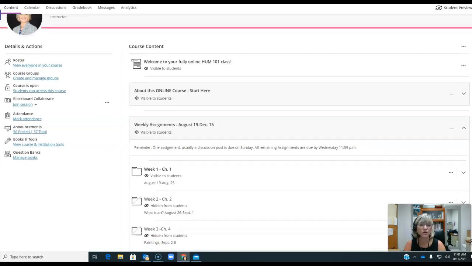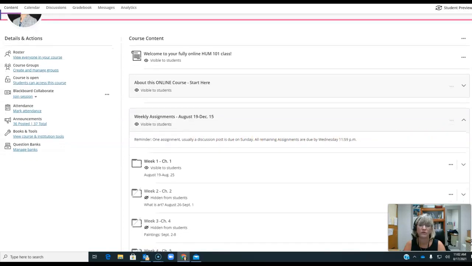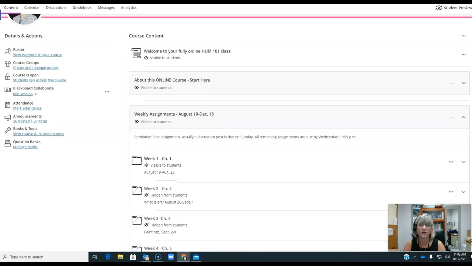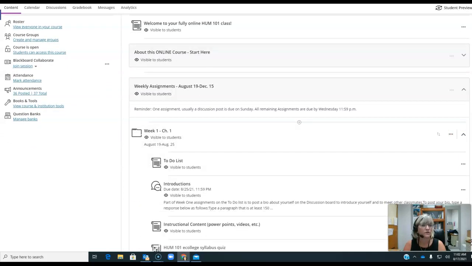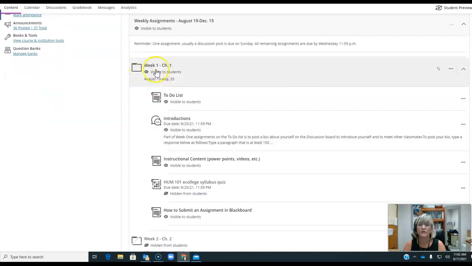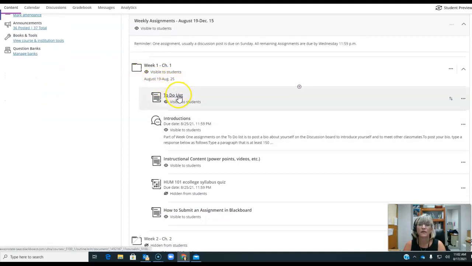So once you've done your start here, there we go. There's our new schedule. Something is turned in by Sunday and the rest by Wednesday, but if you're a weekend warrior, you can get it all done on the weekend. At least get started. You always have in the folder for the week the dates that go with that, and the to-do list, which you just click on,